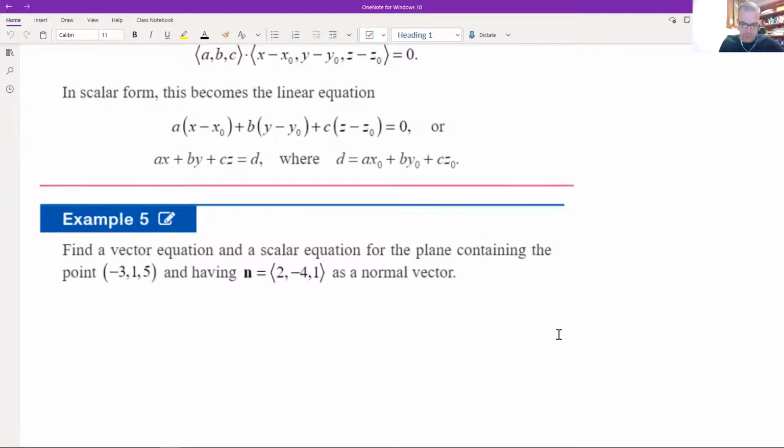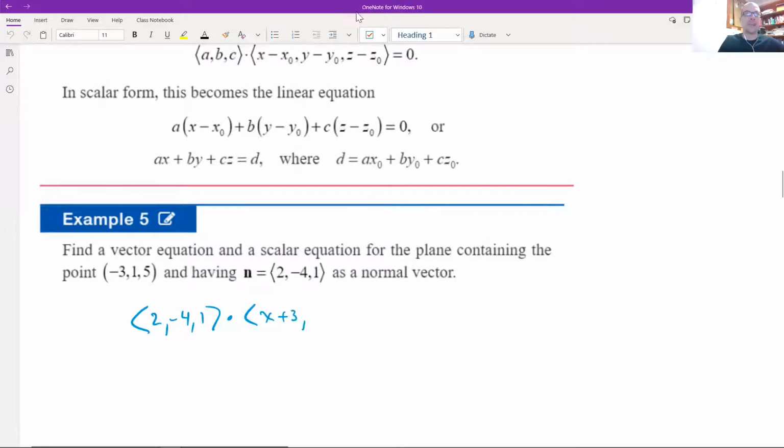So first one I think would be the vector equation, because that's just what was introduced to us. So in this case, ABC is coming from the normal vector. So 2, -4, and 1, dotted with the points in our plane. -3, 1, 5 is one of the points. So all of the points,